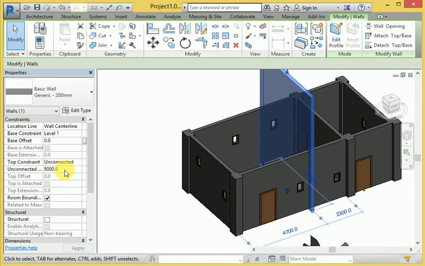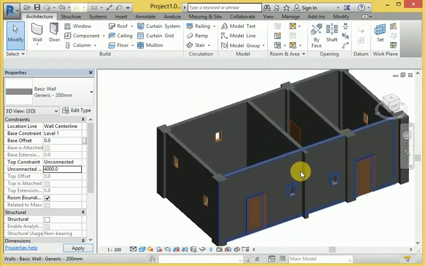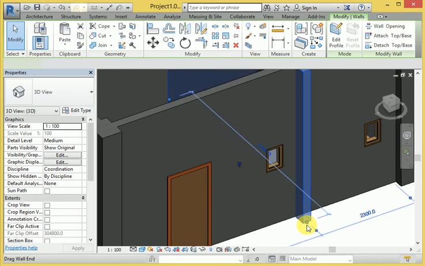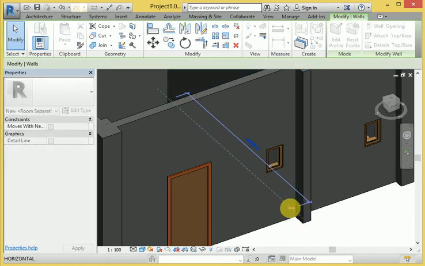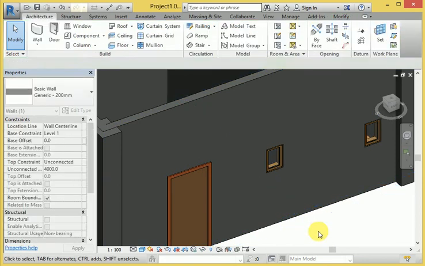I have changed this distance. Okay, the series changes here, and if I decrease this value, you can see it here.